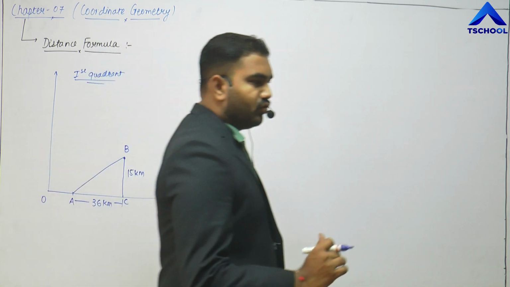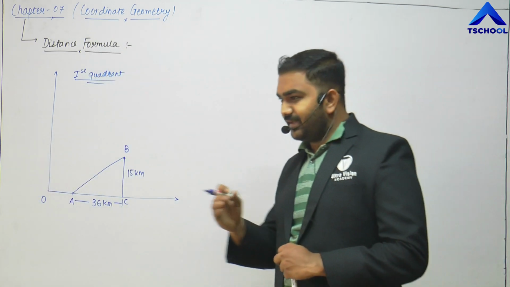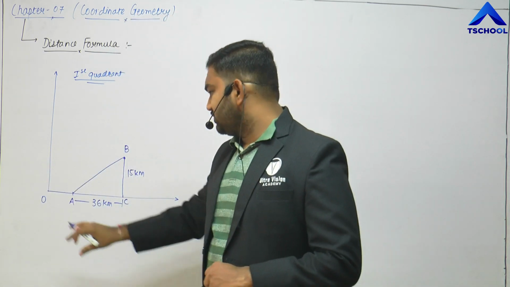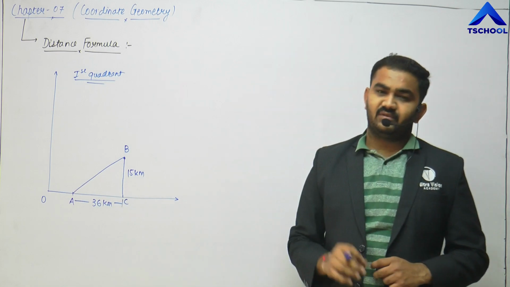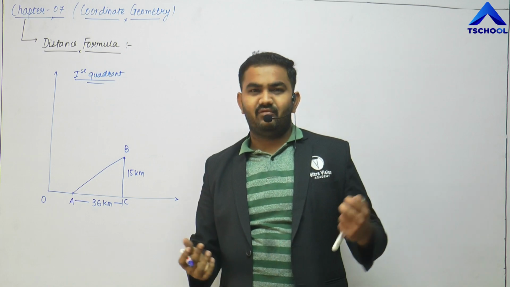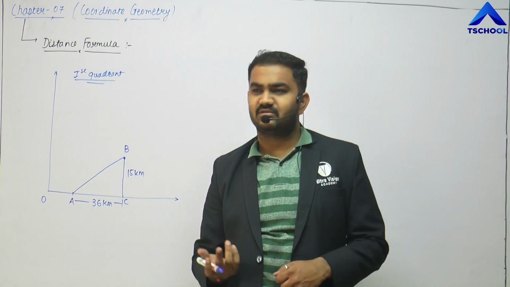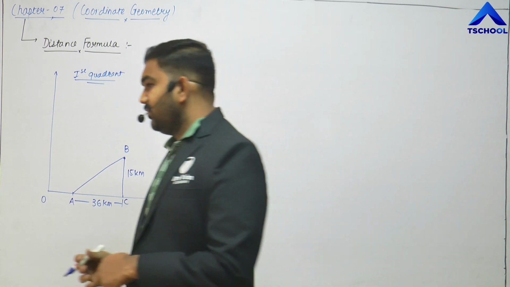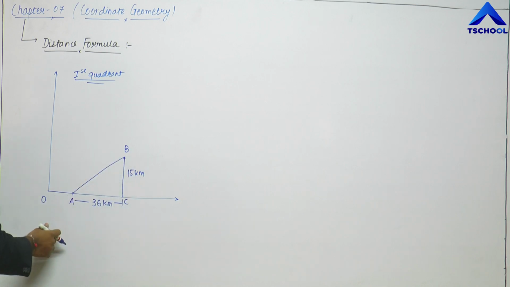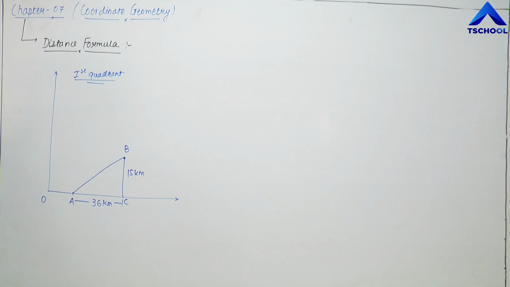Because if I want to go from Surendranagar to Ahmedabad, then I shall look for the shortest way to reach there on time, right? So this is my shortest way, rather than going from Surendranagar first to Rajkot and then to Ahmedabad. That is just a waste of time and petrol, right? So rather than going from A to C and then C to B, this is my shortest distance between the towns A and B.